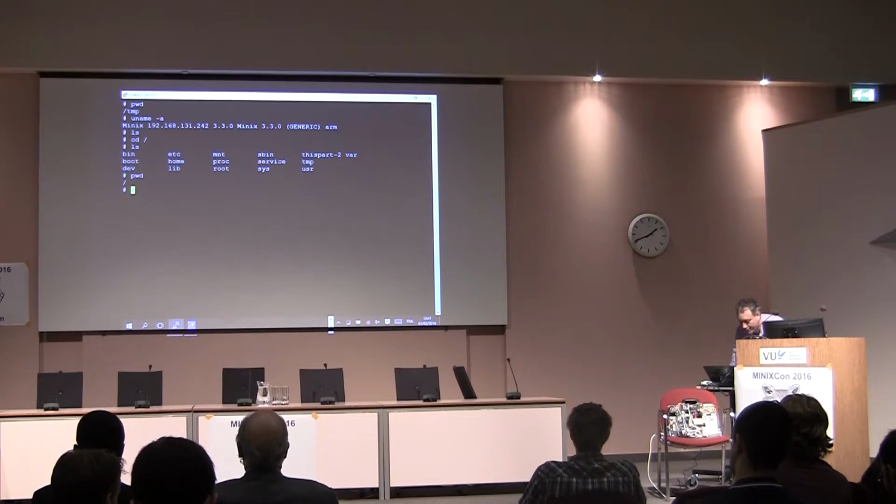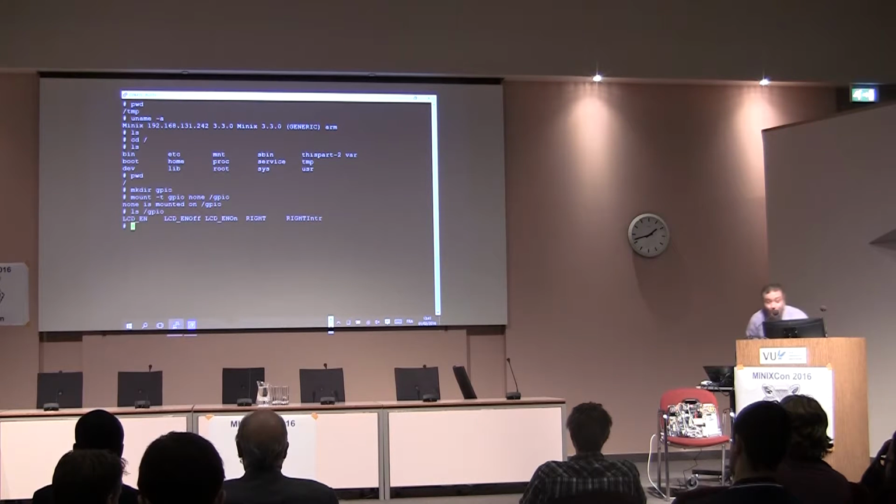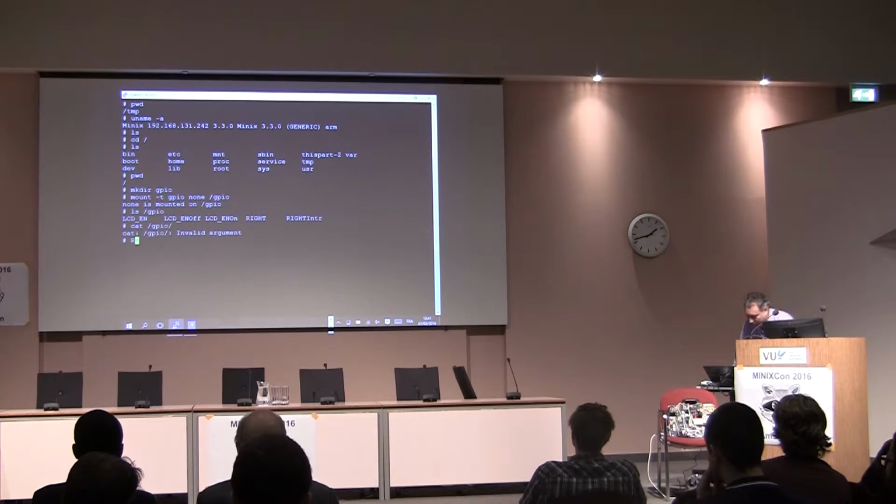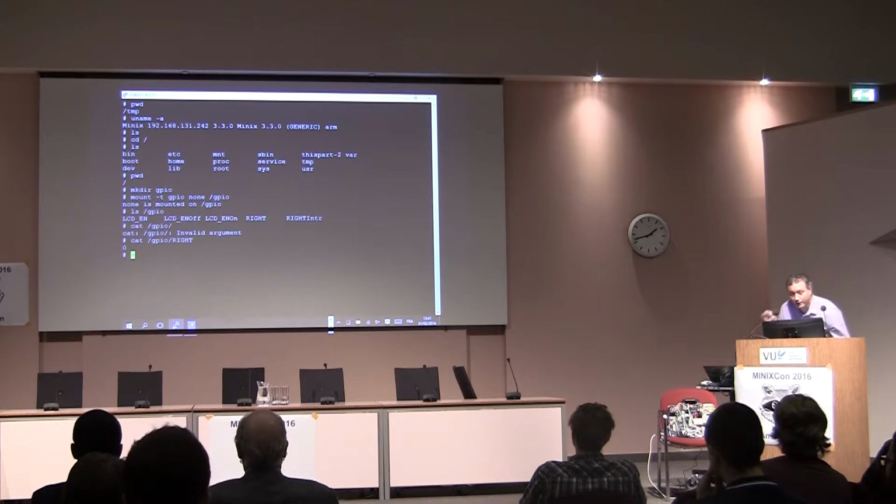So we're in root, and you've seen what's in there. We're going to create something called GPIO and mount. Let me make sure I get this right. There we go. Let's mount that. And then what we have are a few different targets in our pseudo file system. So basically, we're going to check that out. If we read from this one here, what we're asking the system to do is to read from pin 23 in this case.